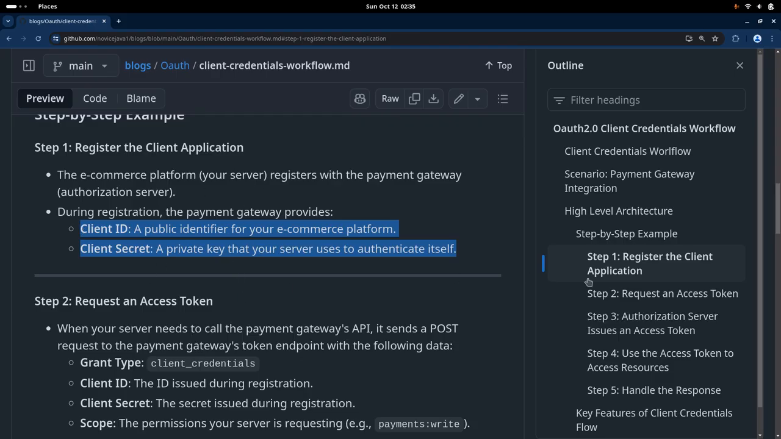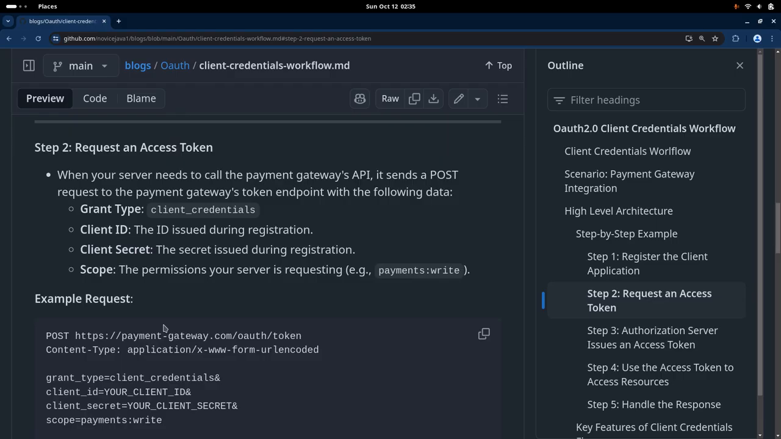So once we have these details, the next step is to request an access token. So when your server or e-commerce application needs to call the payment gateway's API, it sends a post request to the payment gateway's token API with the following data. So basically, once you have the client ID and client secret, the e-commerce application will send a request to the payment gateway's authorization server with that client ID and client secret